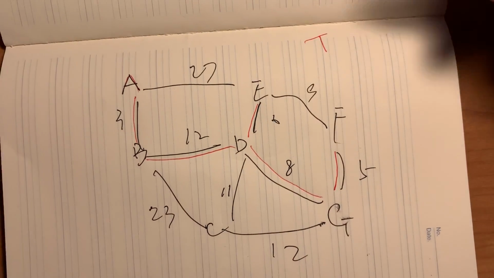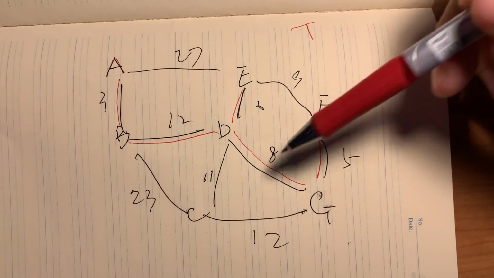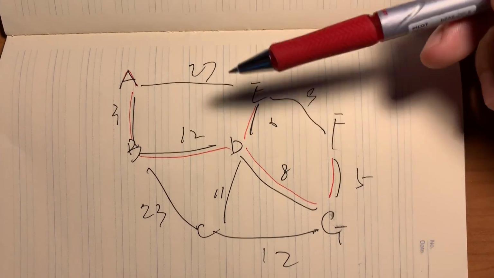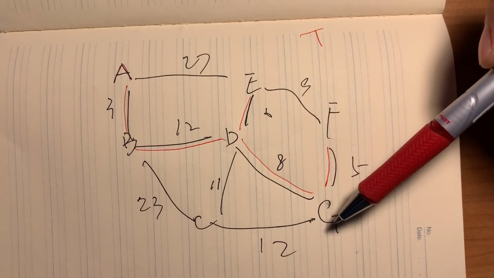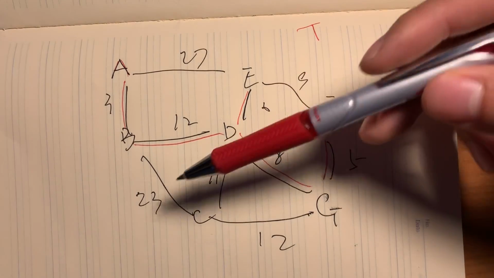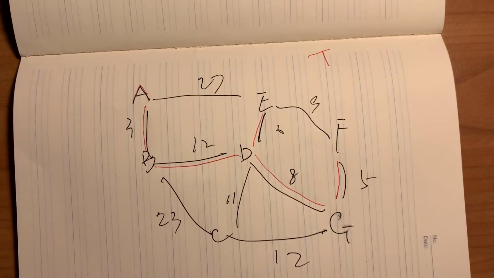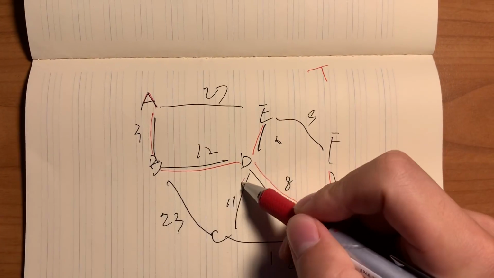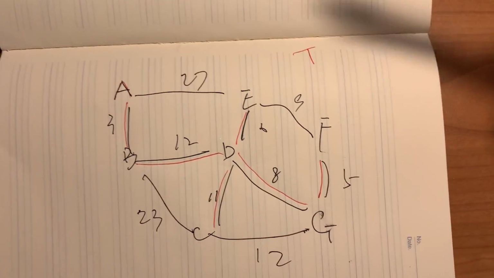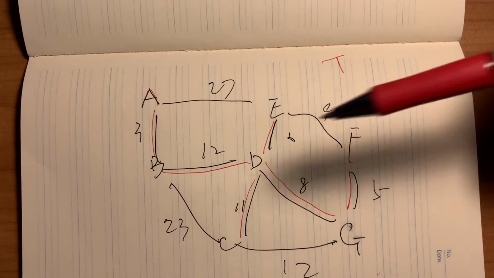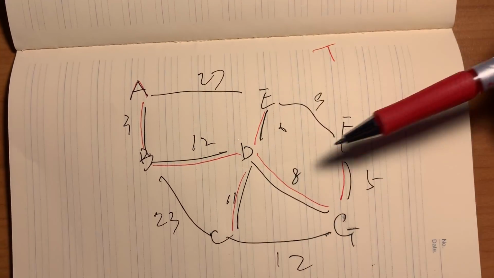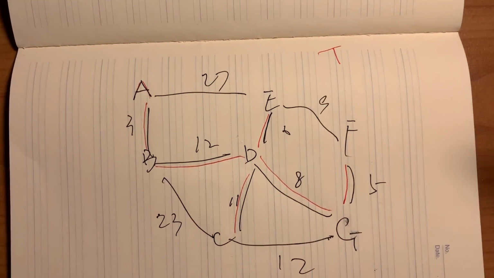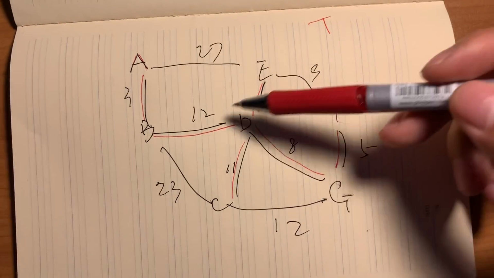Then we connect them by adding the edge 8, and now we've got two components left. One is A, B, D, E, F, G, this big component, and the other one is C. We can tell the smallest weight edge connecting these two components is 11, and it's not in T, so we add it to T. Then we check, yes, all the components are connected into one, so the process is done, and we have found the